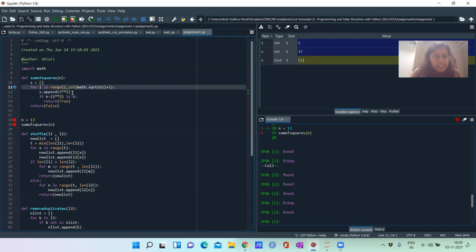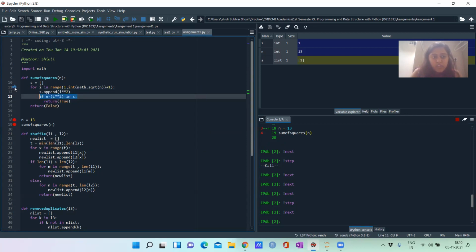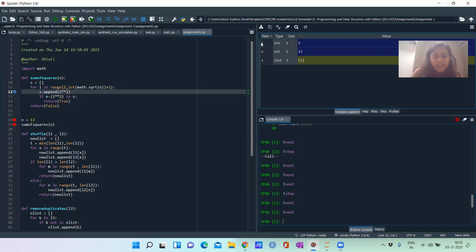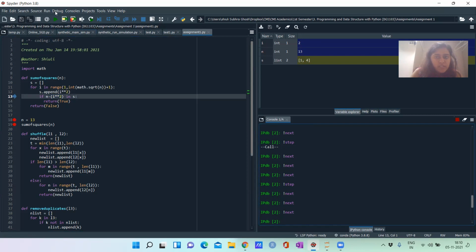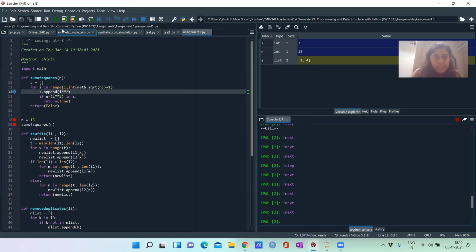See here, this condition is not true in this case. Okay. Then it is again iterating to the next step. Like the blue arrow is here again. So again you do step. See the i value, like the iteration number, is changed to 2. I am rushing through the steps again. And see the list is appended with 1 and 4. There is another change. Okay. So again do it, again it is going back. Okay. And again it is coming.